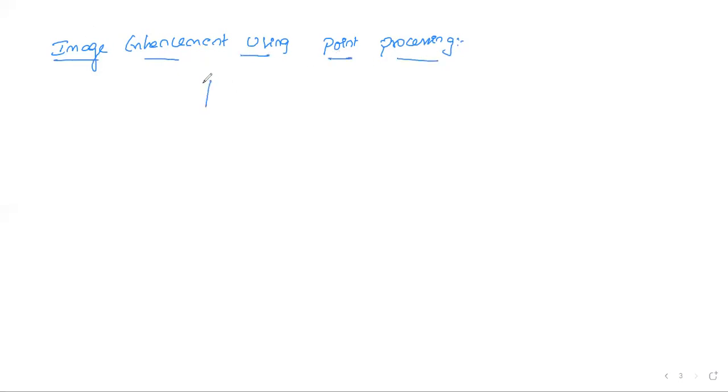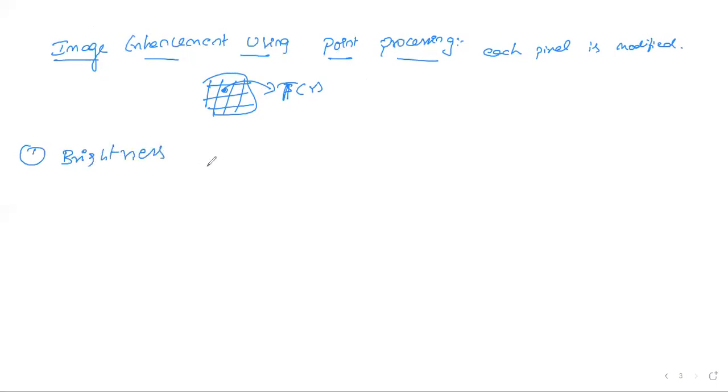So point processing means, suppose this is an image. Each pixel we have to apply a transformation function. Means each pixel is modified. Okay. In that, first one is